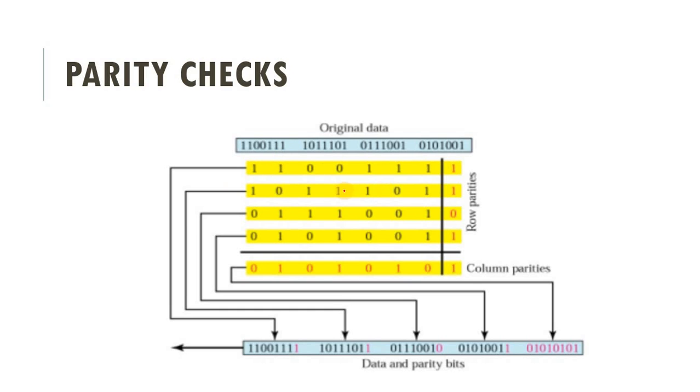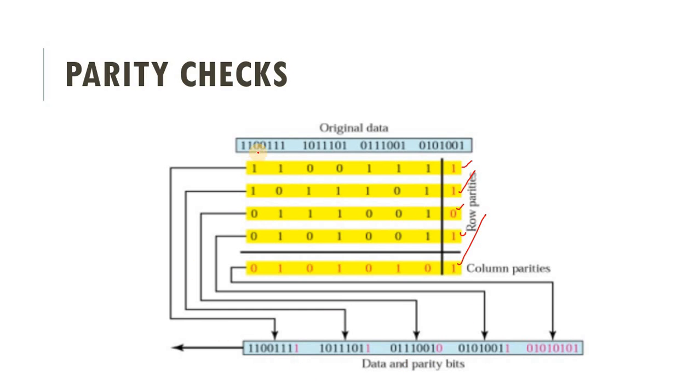This is the first row, second, third, fourth and fifth. So this is how the data is arranged. Now we'll check the parity, and we'll add the parity bits at the MSB place. So here we are adding these parity bits,